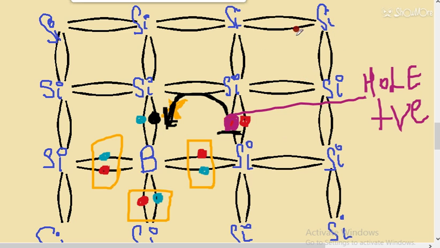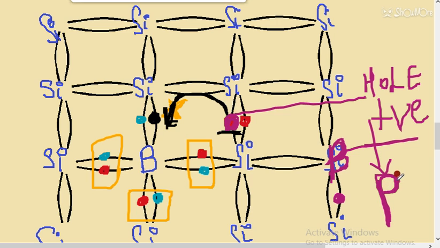So whenever we add boron here, suppose two boron atoms are added, then holes are created. If two boron atoms are there, then two holes can be created. In this way, the hole contains positive charge, that's why we call it a p-type semiconductor. Why is it called p-type? Because it contains positive charge, due to which the conductivity is more. तो इसकी conductivity क्यों increase हो रही है? Due to the positive charge.